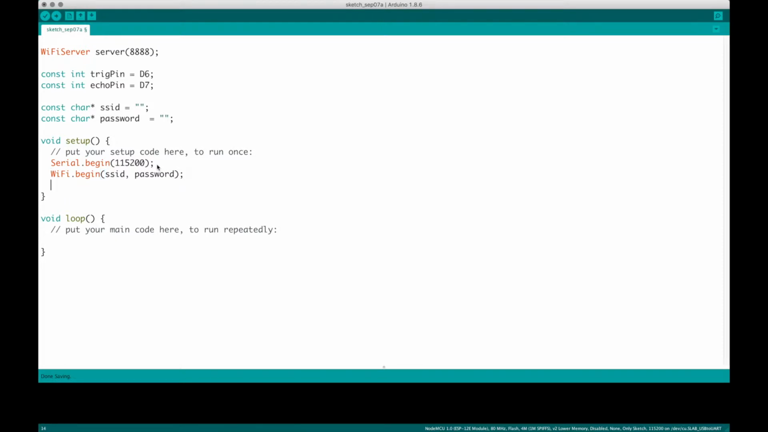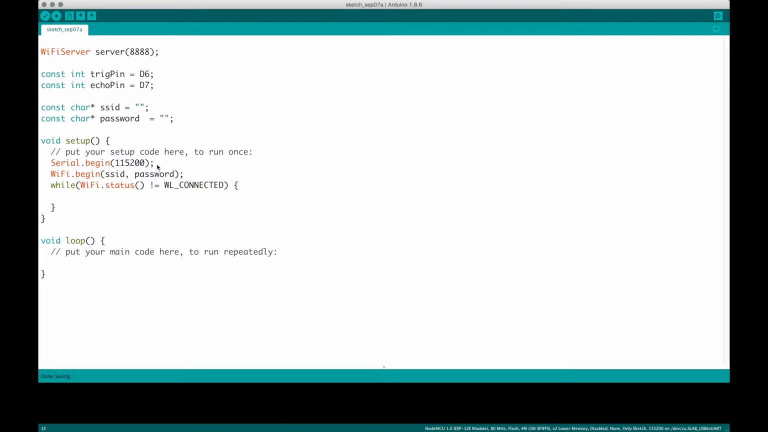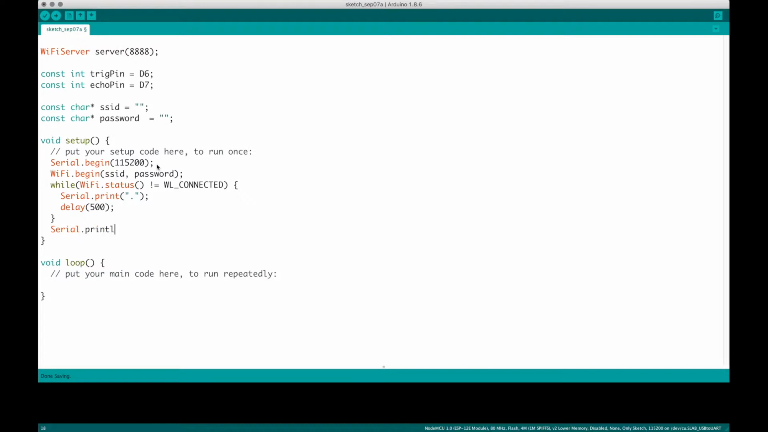Okay, now we want to wait for the Wi-Fi to connect. So to do this, we say while Wi-Fi.status is not equal to WL_CONNECTED, and it's all caps. Then we want to say serial.print dot. Then delay 500 milliseconds. And then when we are connected, you want to say serial.print line